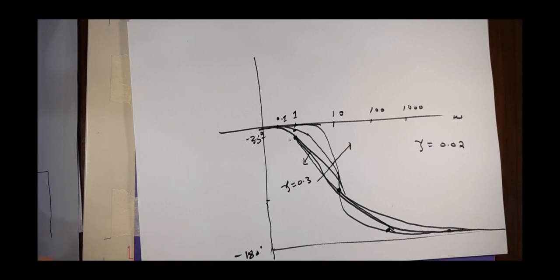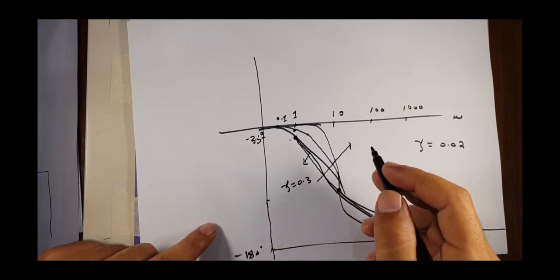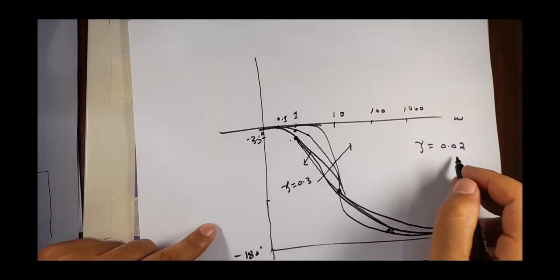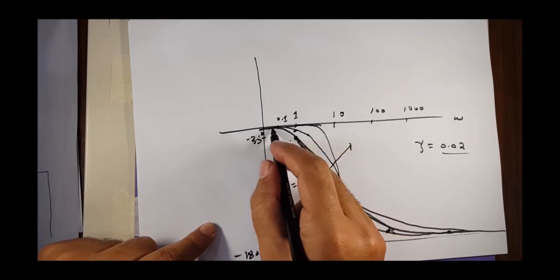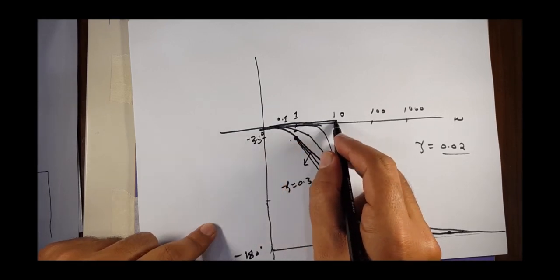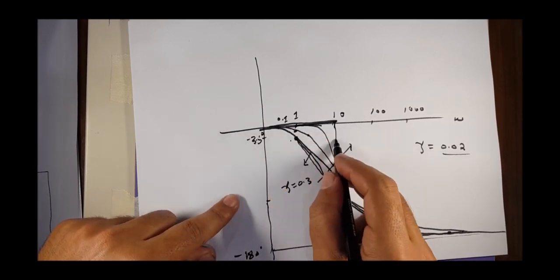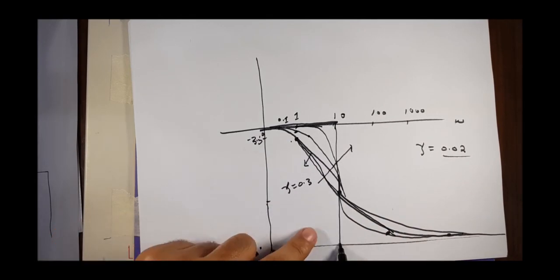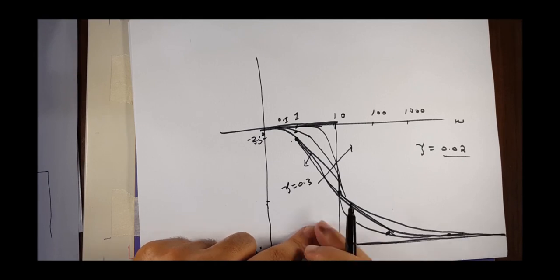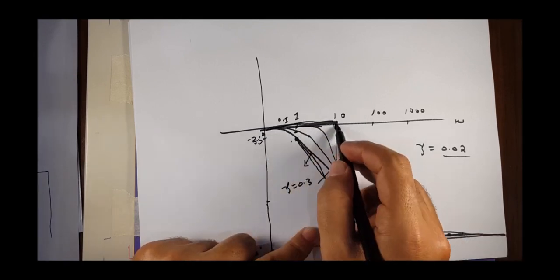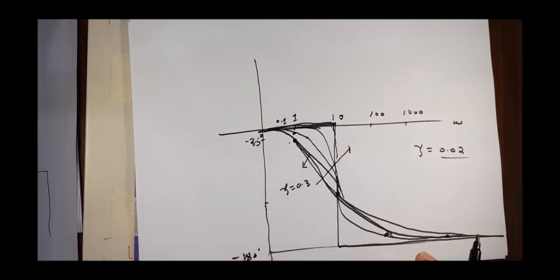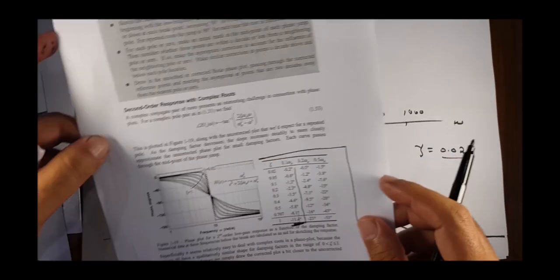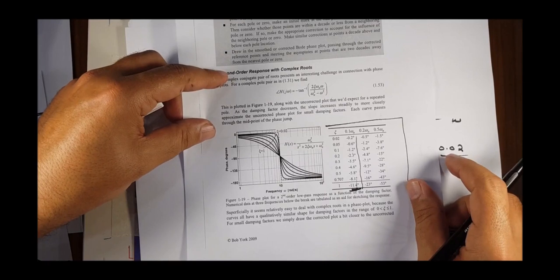And as you go on decreasing this value, say when zeta equals 0, this will go straight away, this phase will be 0, and at this point this will be minus 90 degrees, and this will reach automatically minus 180 degrees, and then this will continue. So this is your plot when zeta equals 0. So just observe this graph neatly here,